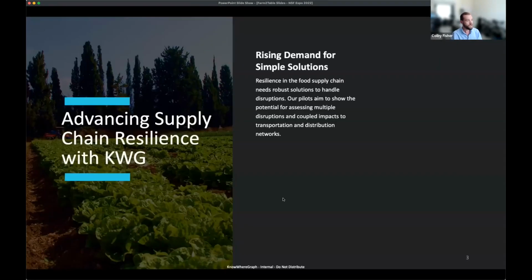Excuse me. So what are we trying to do here in a more general context? Well, what we're looking for is building resilience in the food supply chain through robust data solutions. And what we ultimately want to do is be able to handle disruptions to those supply chains. So we've seen a lot recently around our general supply chains getting disrupted. Here we're looking to address that through data. So our pilot is looking at how we can assess and predict and handle the